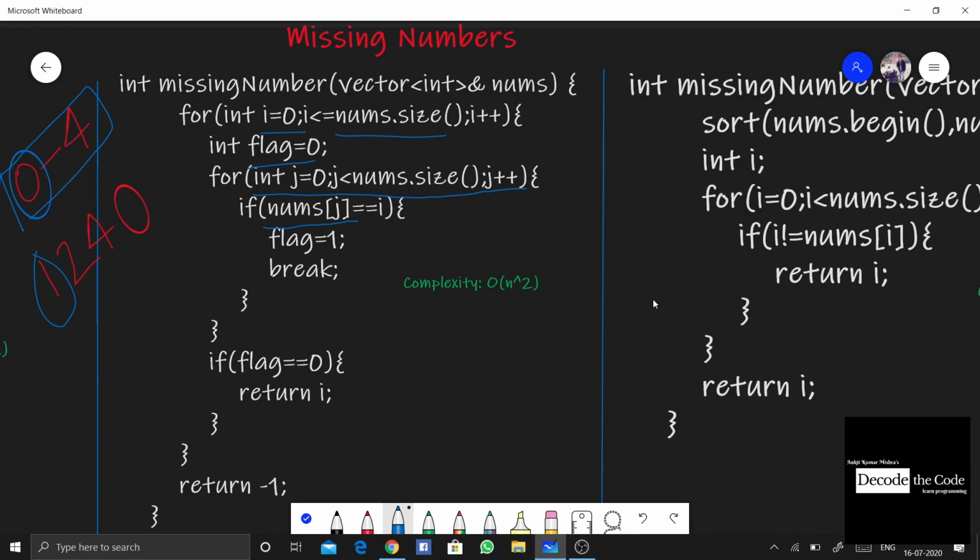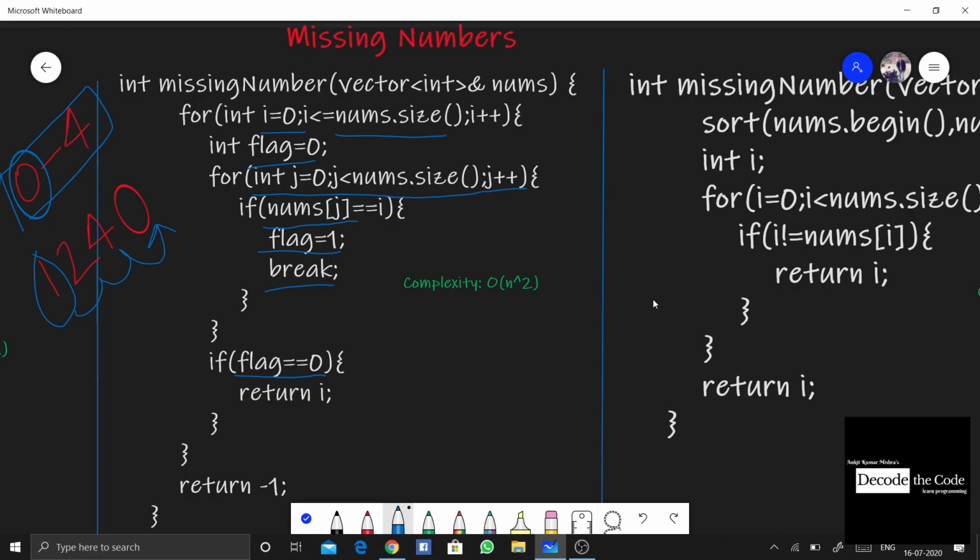So we check, is 1 equal to 0, and we find no. Then we will continue, and we'll go to 2, and we'll go to 4, and finally when we come to 0, the flag value is altered to 1, and we break from the loop, and we come out, and we check whether flag is 0. No, flag is not 0. Flag was altered in between, since 0 was found.